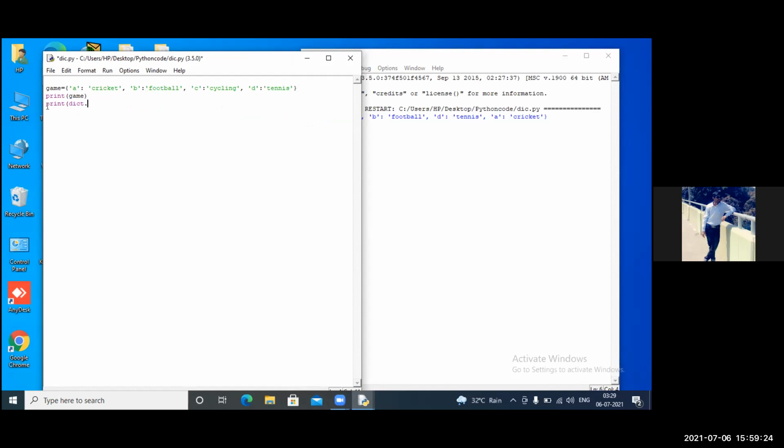No, dict will not be there. Sir, what will be the code for this line? What is the dictionary you have created? Game. Oh, yes.